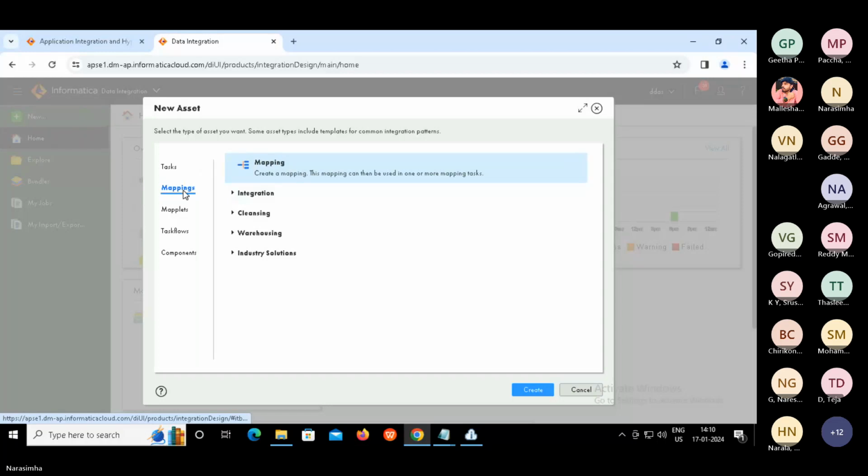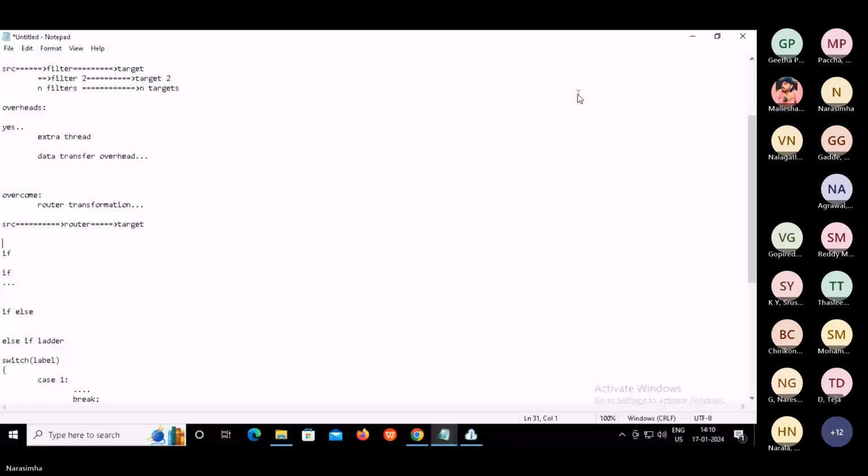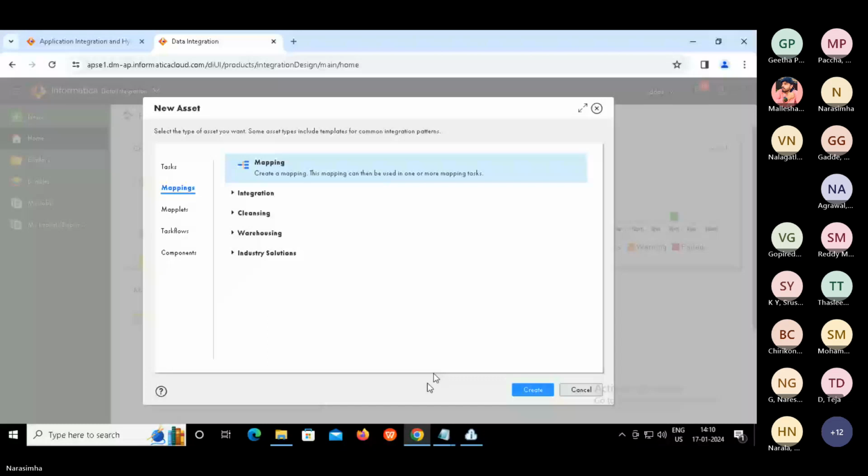New mappings, so please select mappings. Done all? Click on create.